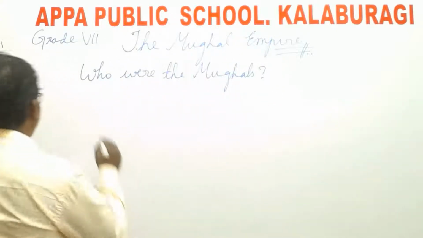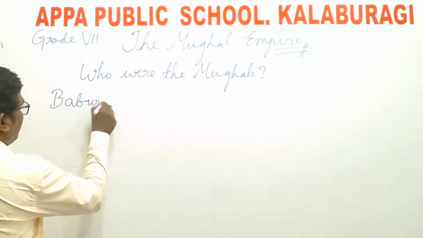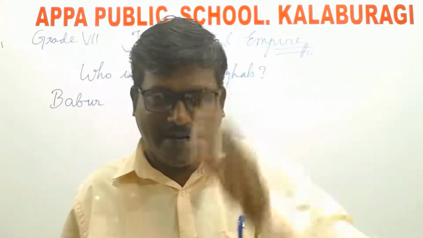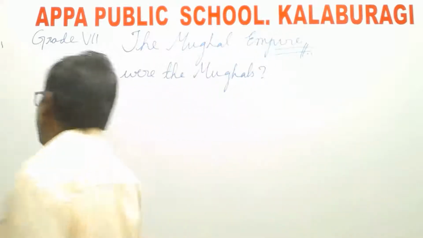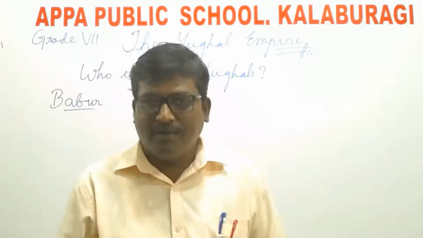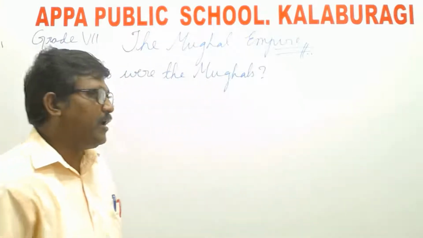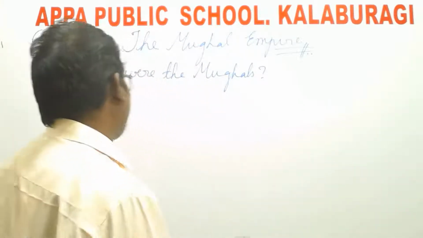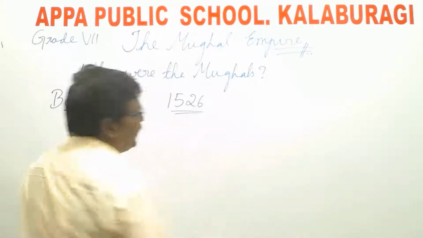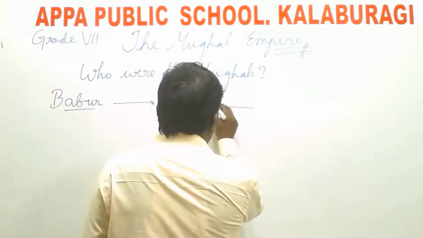So here we have the very first emperor of the Mughals, Babar. It is Muhammad Zahiruddin Babar. Babar is the first emperor of the Mughal Empire. Now, before taking over Delhi, Babar had to fight a battle. In the year 1526, Babar fought a battle